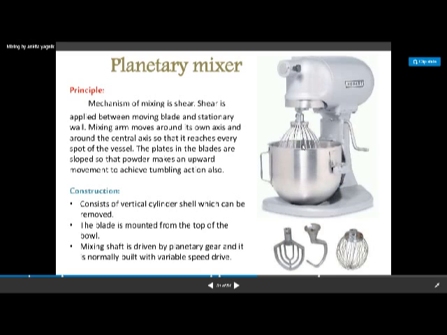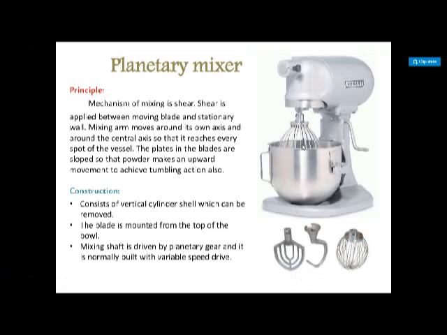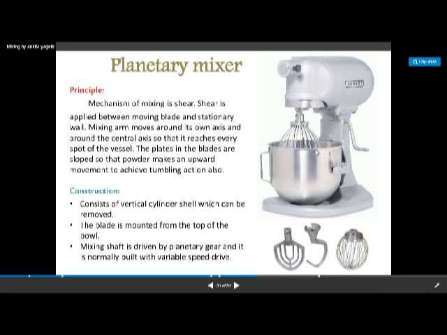With the help of the planetary mixer, we are achieving the tumbling action because of the sloped design of the blades, as the material moves upward. So this is the principle of this planetary mixer: the shear present between this blade and the stationary wall.